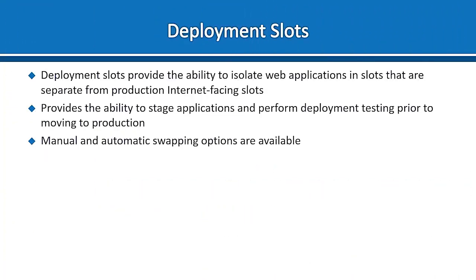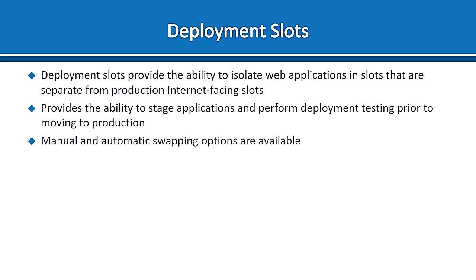Now, when you deploy web apps, a web app on Windows, Linux, mobile backend, whatever, to an Azure API or app service, you can use separate deployment slots instead of the default production slots. Now, this is if you're running in the standard, premium or isolated tiers that we've seen. Basically, deployment slots are just live apps with their own host names. The app content and configuration elements can be swapped between two deployment slots, including a production slot. So if you think about this, it gives us the ability to isolate a web application in a slot that's separate from the production slot,